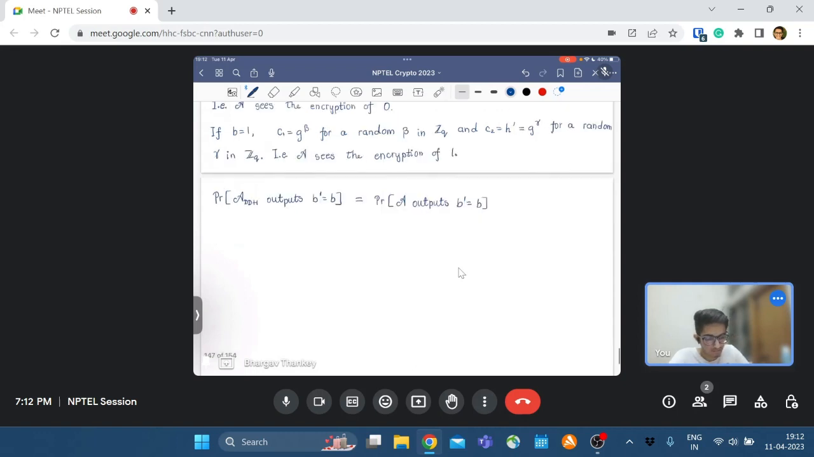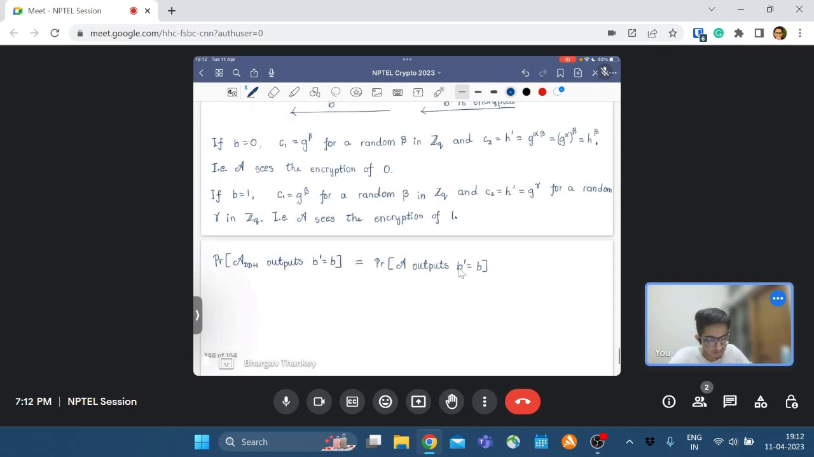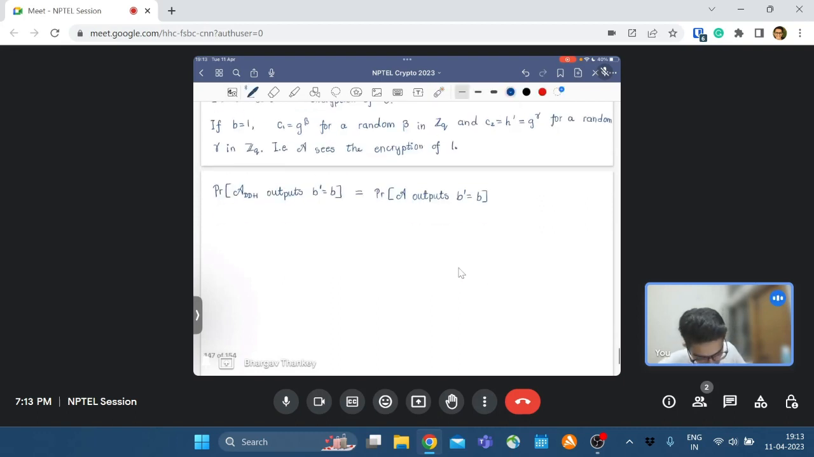Now, okay, as we saw here, when B is 0, A sees the encryption of 0. And when B is 1, A sees the encryption of 1. So A always sees the encryption of B. And since A is an adversary for the encryption scheme, this is exactly the probability that A wins its game, right? However, as